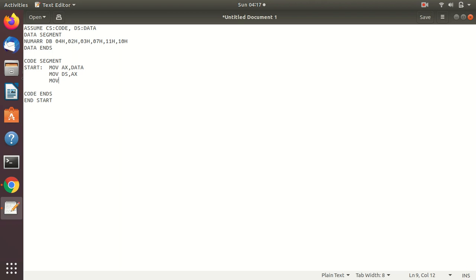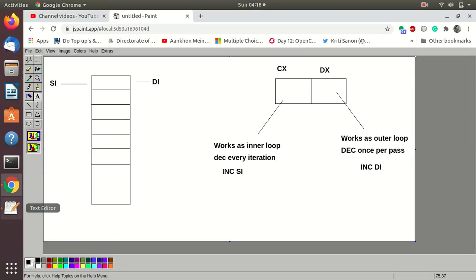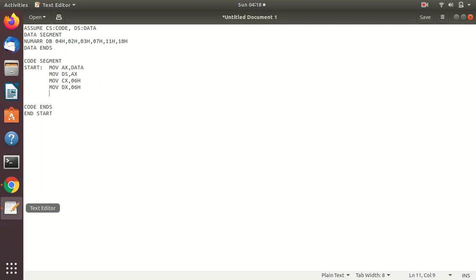So I will move cx, 06h, and move dx, 06h. Then I have to load the two index pointers with the memory location of num arr.